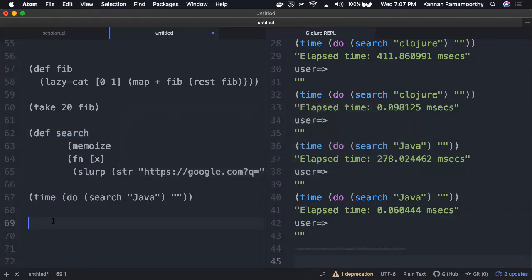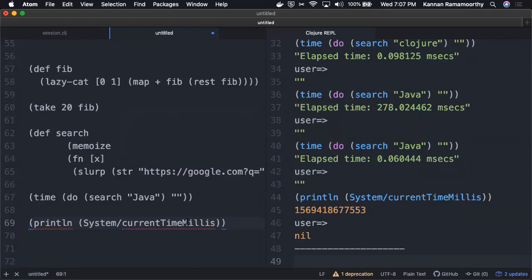Just to showcase how it works, I have used System.currentTimeMillis, the static method that we typically use in Java.